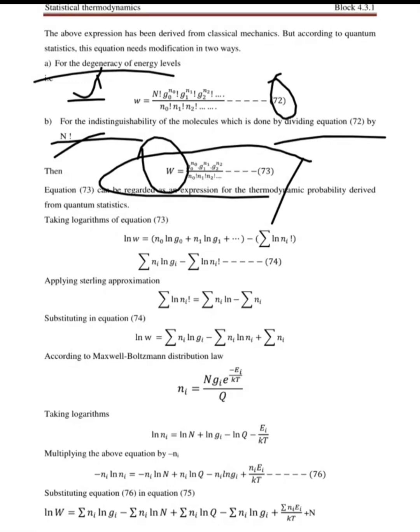In equation 73, taking log on both the sides, we will get the summation of ln of W equal to ln of N factorial by ln of G naught. And further applying the Stirling approximation, there is a formula N ln of